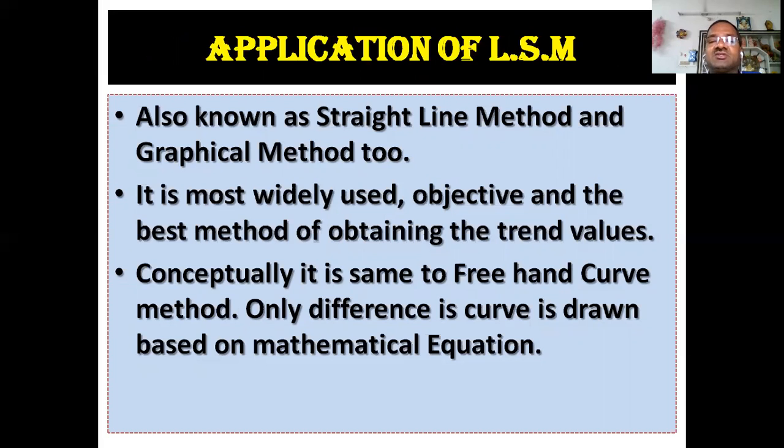As this least square method is mathematical and graphical, when we draw the outcomes of the trends on a graph paper, we will find a straight line. When you draw the graph with the values that you find with the least square equation, if we take a graph paper, on the OX axis we will write the time period. As we know, it is the independent variable in time series analysis.